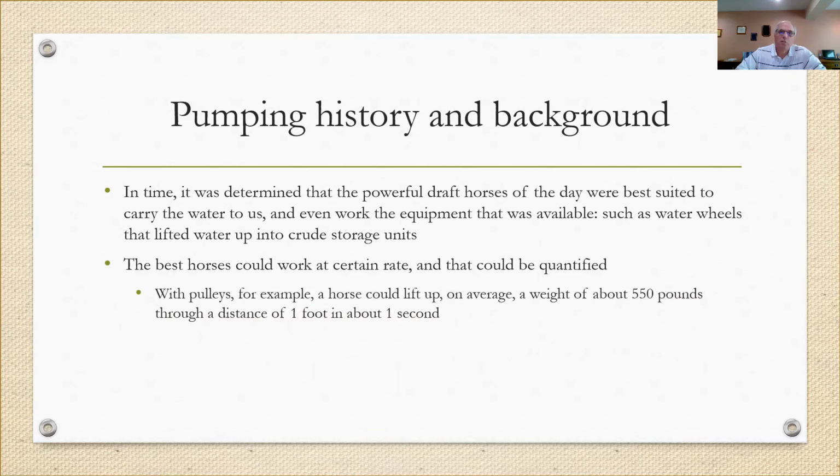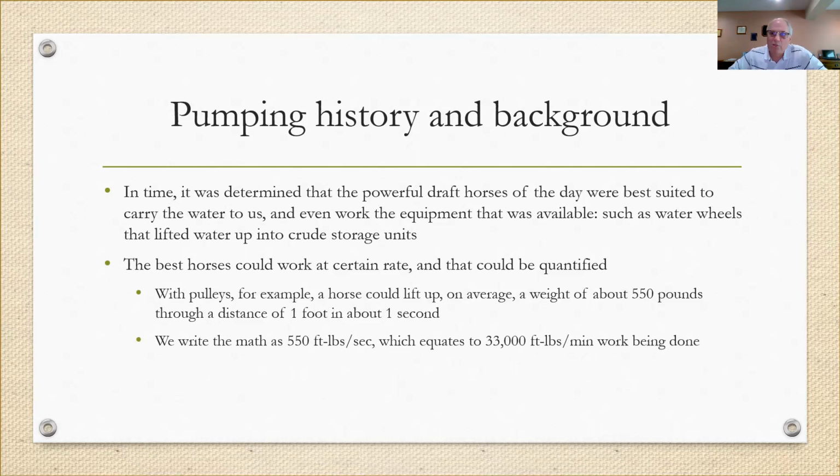So the best horses, of course, could work at a certain rate. With a set of pulleys, for example, a horse could lift on average, and they figured this out, a weight of about 550 pounds through a distance of 1 foot in 1 second. Now, scientists of the day back in the 1600s, 1700s watched these animals work, quantified the amount of work they were doing, and set that to 550 pounds through that distance of 1 foot. We multiplied that times 60 seconds. On average, we see that a standard good draft horse could move 33,000 foot-pounds per minute